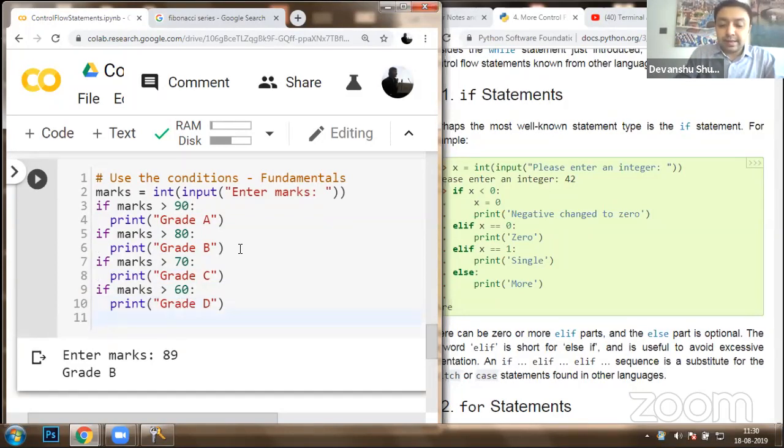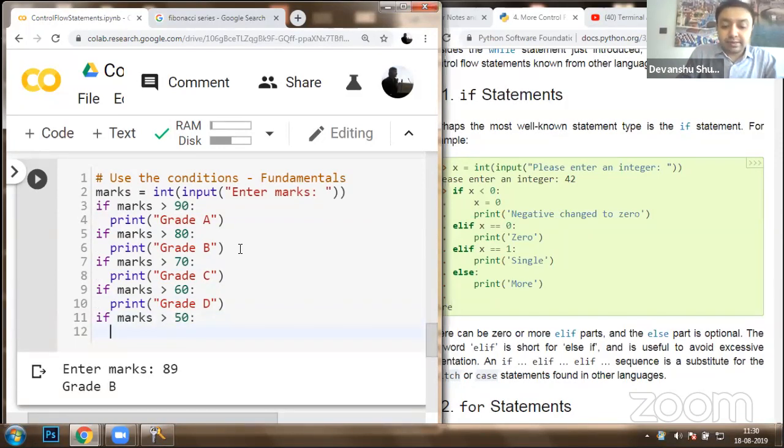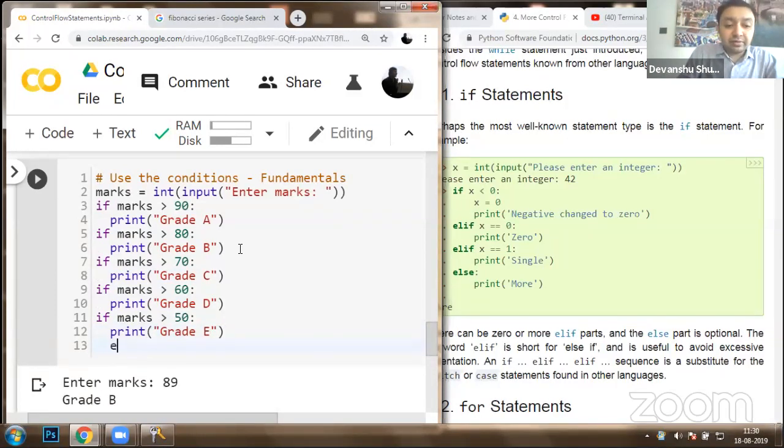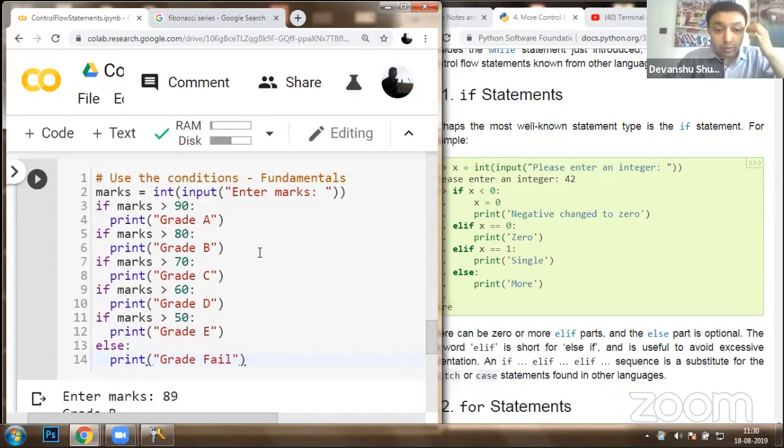Okay, then if you're again going to check if marks greater than 50, you're going to call it as grade E, whatever it is. Else, you're going to print grade fail. Okay,